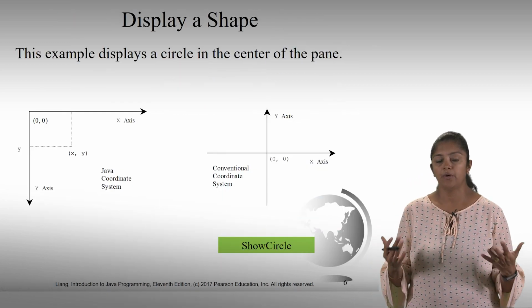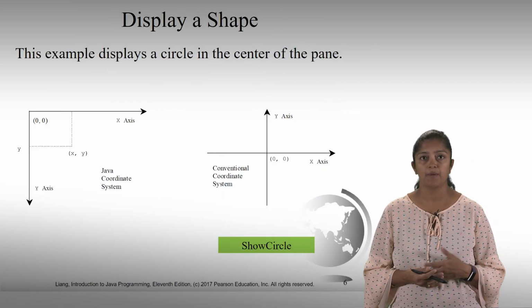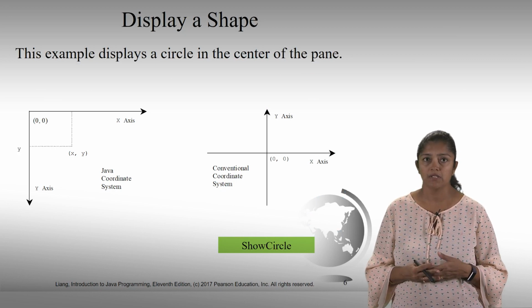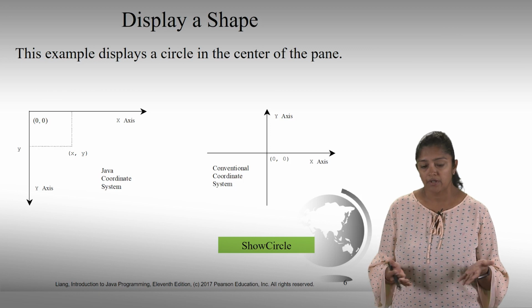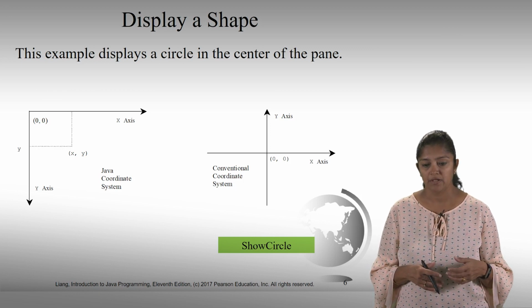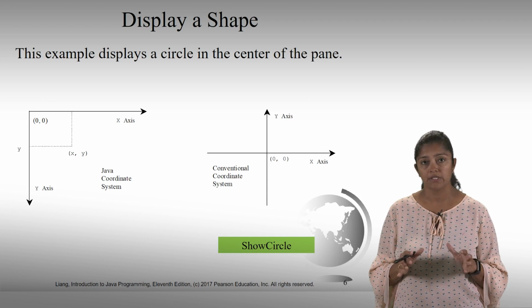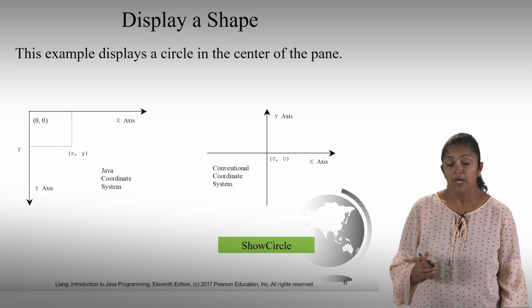Next, we'll look at how you can display different kinds of shapes. Again, the API offers a number of different shape classes that you can use. We will first show how you can display a circle. Now at this point I want to point out that the coordinate system, the Java coordinate system, is different from